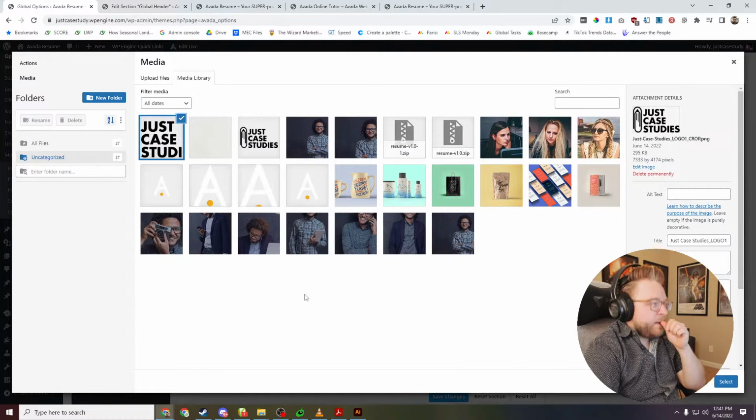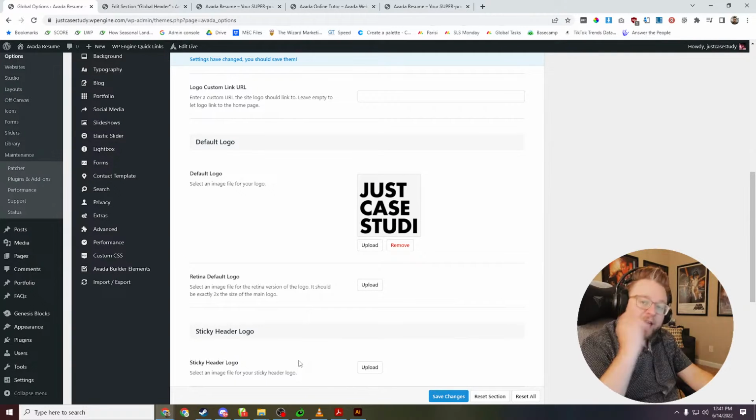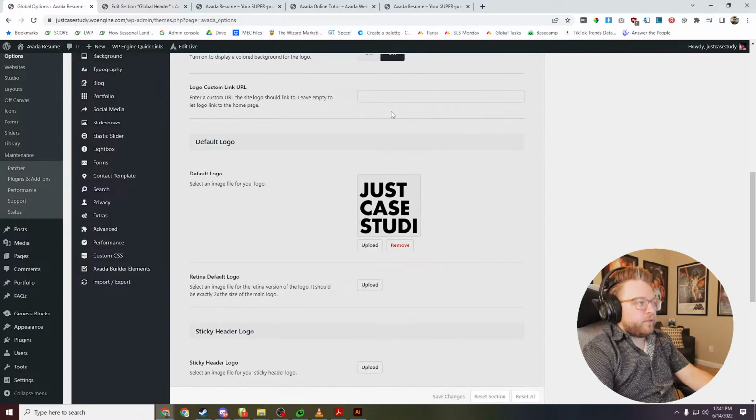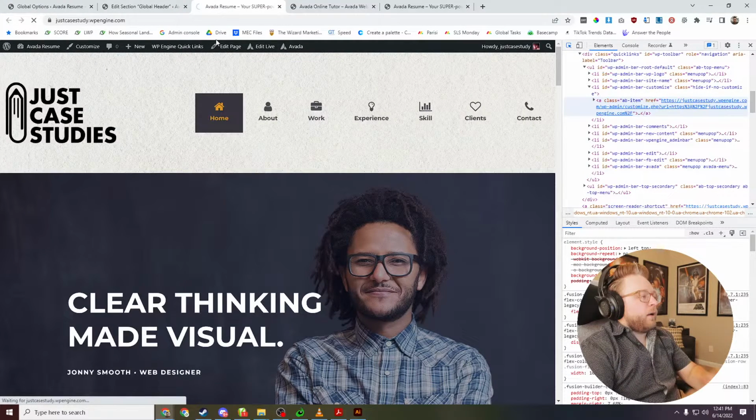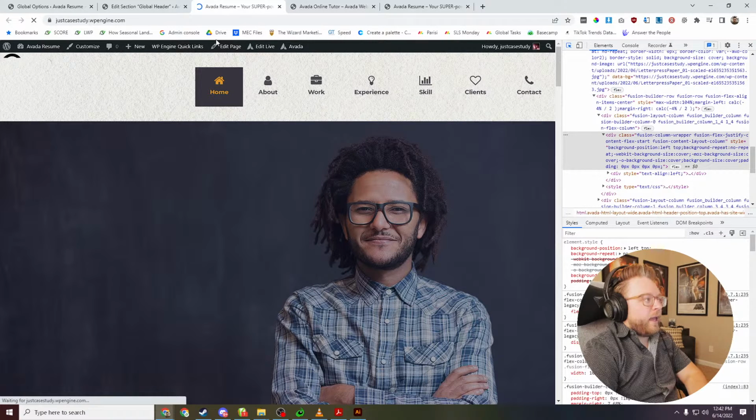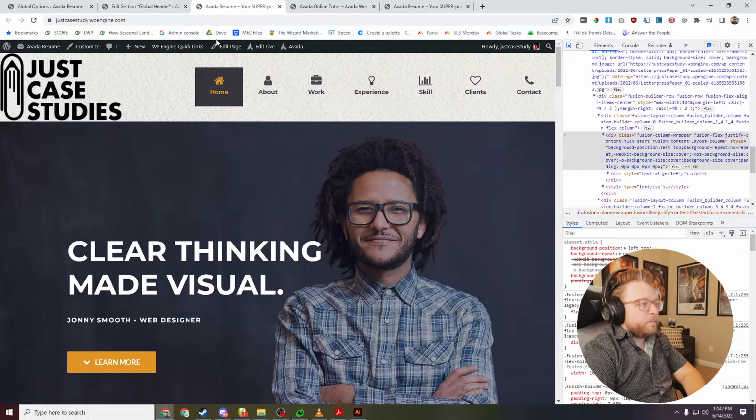There you go. There's a much tighter version of our logo. We could have edited the logo in WordPress, but we opted not to. All right, so now let's see how we're doing here. Hey, look at that. That's not too shabby. Okay, now we do need to bring the size of this bad boy down just a